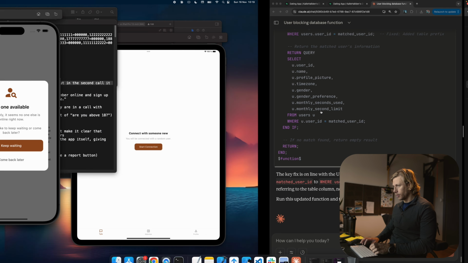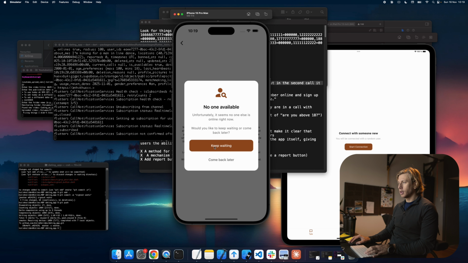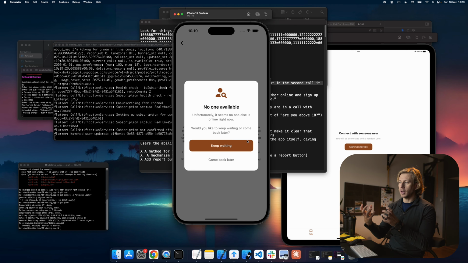Okay, so this is actually really interesting because it says there's no one available. So I'm gonna guess that the reason that it says this is because it tries to match me with the same person that I was matched with in the previous call. But since there's a block or a restriction there, it means that we cannot be matched.